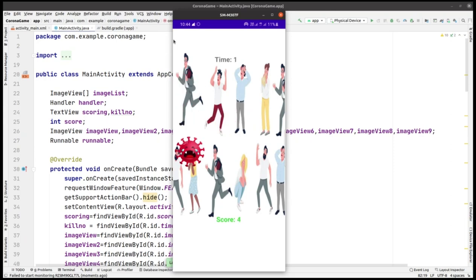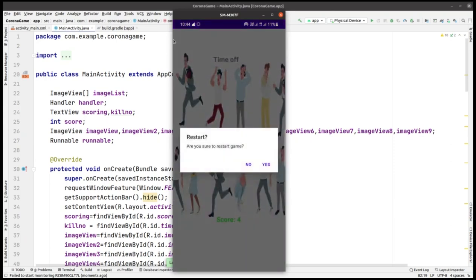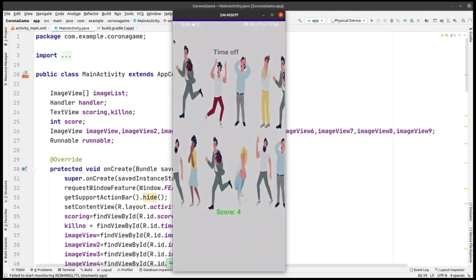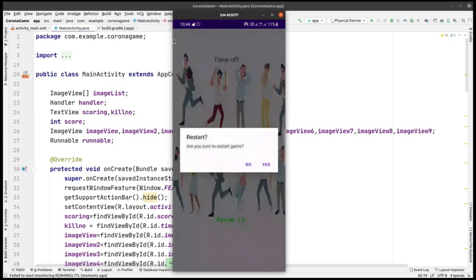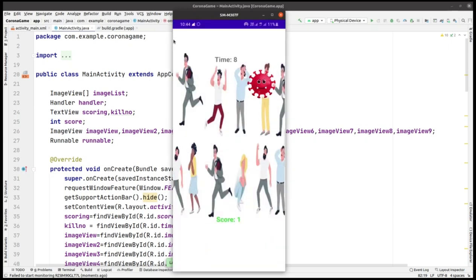Then there will be an option like, are you really want to restart? Then I'll click on yes. Then I'll be just making the score higher this time. Just clicking on this virus, yes, I'm clicking, then you can see that the score is going up to 13, but time lapses again. Now I'll be just clicking less, let me see,